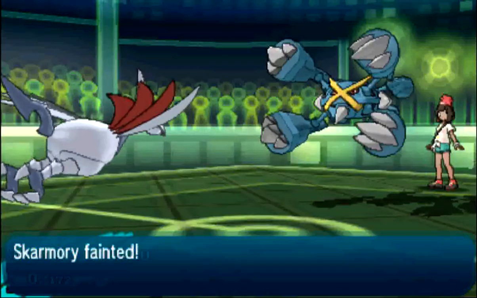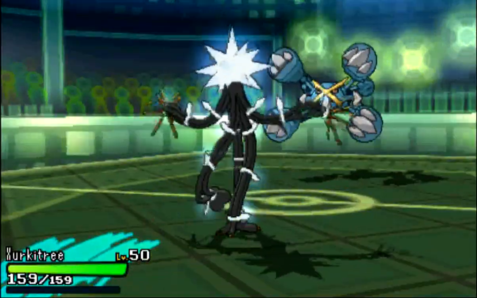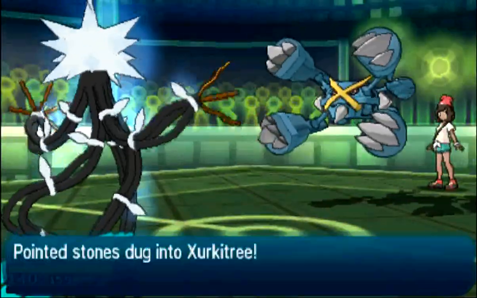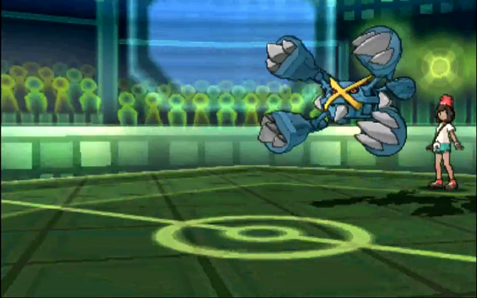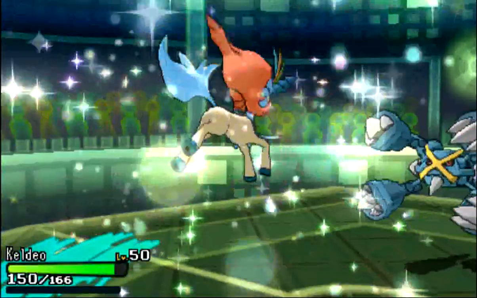Skarmory is not a very fast Pokemon, and Mega Metagross is very fast. It's base 110. So, probably should have just not risked that, but at the same time, Skarmory is slow enough that I don't really think I could have healed it against anything else, so it's kind of just worth going for it. Oh well, like I said, I was hoping for an Earthquake, and I didn't get it, so...